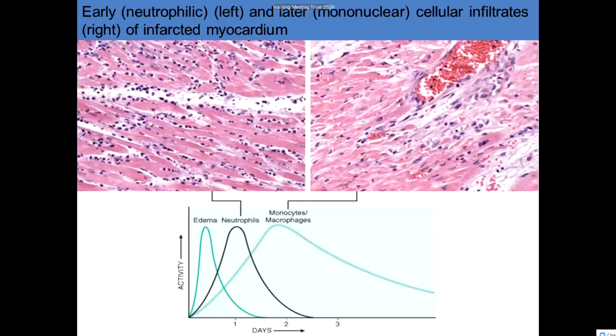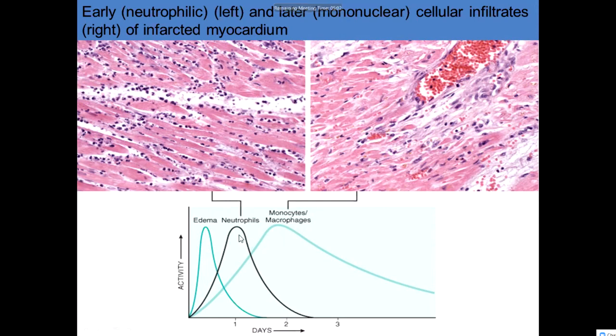And here you see early neutrophil recruitment in the infarcted myocardium. See the congested blood vessel. First edema occurs, before 24 hours. Edema means accumulation of fluid in the extravascular space. Then increased neutrophils at 1 to 2 days. And next are monocyte macrophages. First line of defense is neutrophils. Second line of defense is monocyte macrophages.